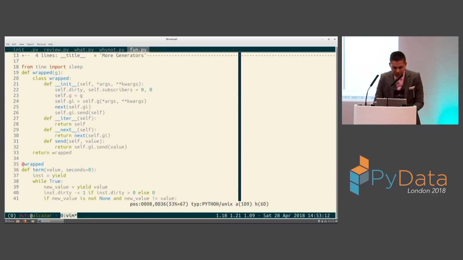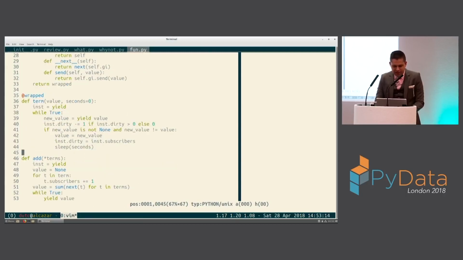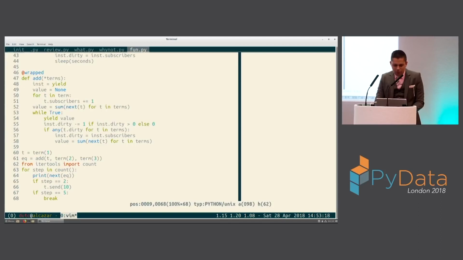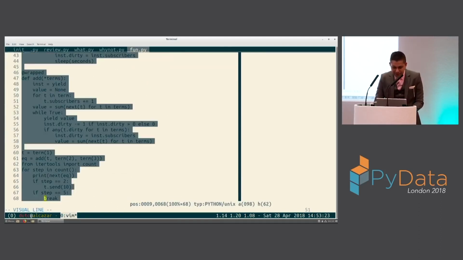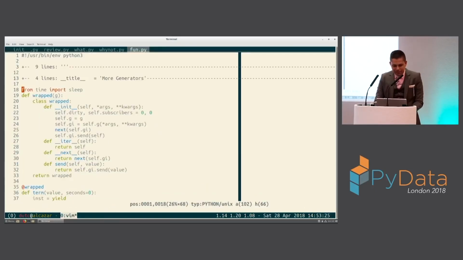Let's see if we can continue with this without screwing this up too much. But if not, we'll switch over to the canonical version that I did. I did actually practice this thing. I'm not doing this all off the top of my head. Okay, so we'll switch over to the canonical version real quick.